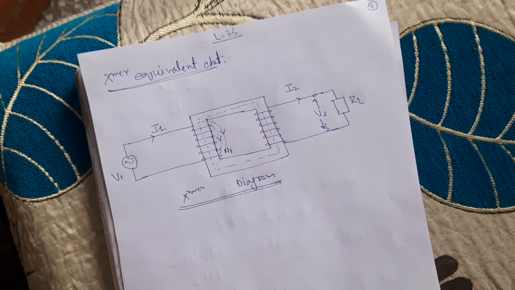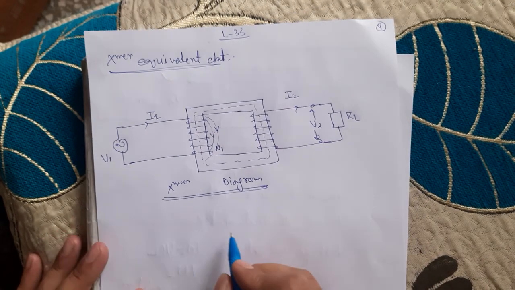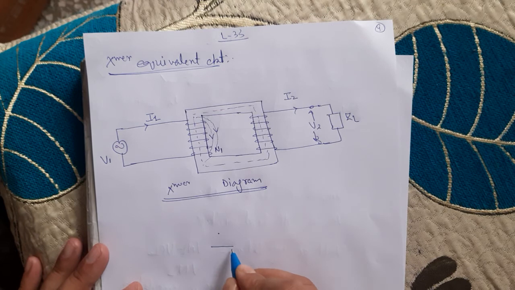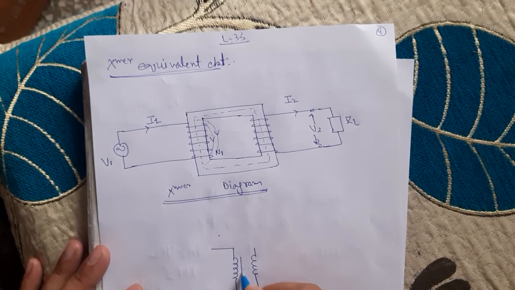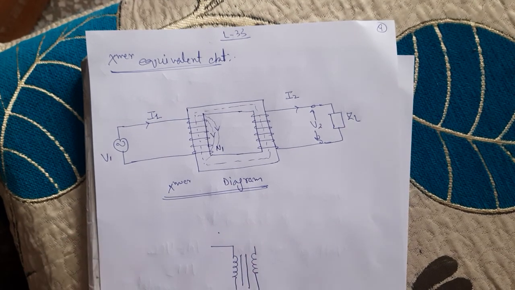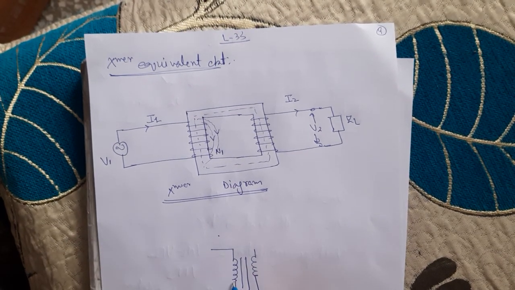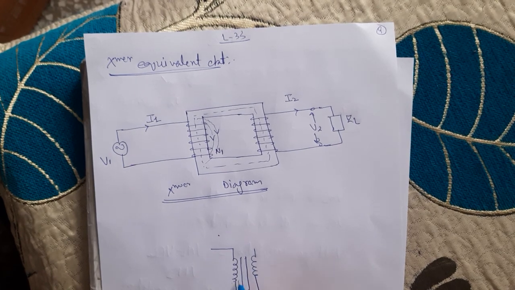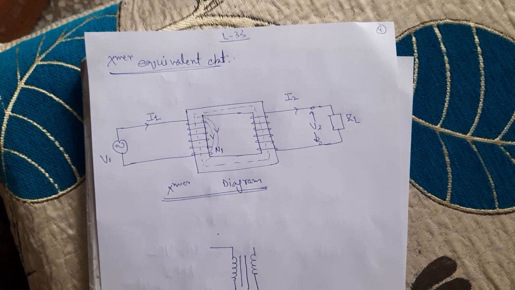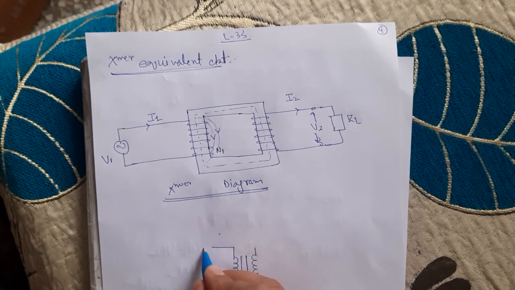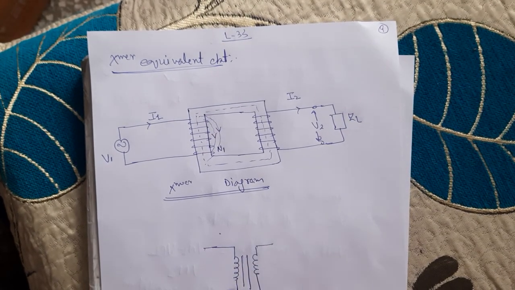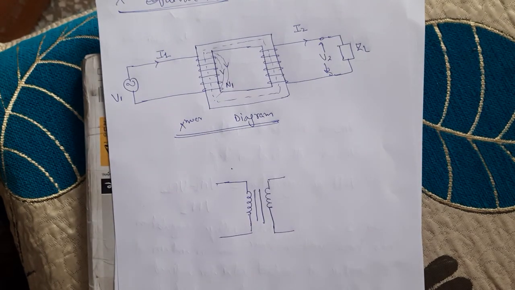Now let us draw the electrical circuit of the transformer. So basically the transformer is represented like this. I will draw it here. I have these two lines, they will represent the core. Okay, so I have one coil here, another coil here. I'm showing it like that. So this up to this is the ideal transformer. However, our system is a non-ideal system because there are losses occurring in the system.